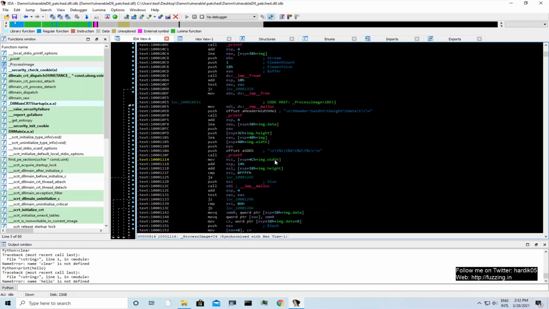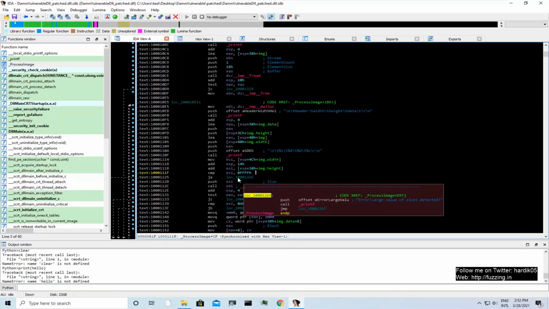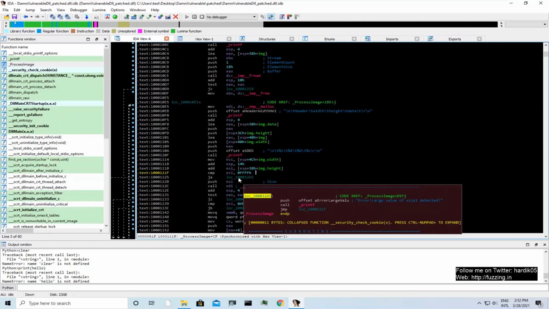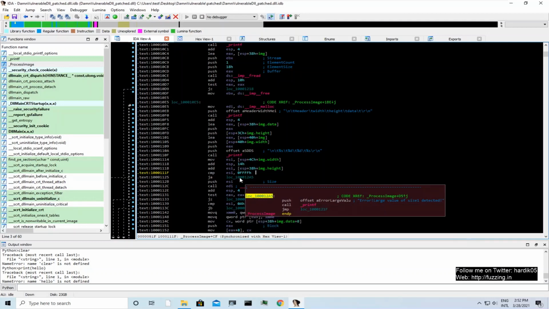Here you can see that image width is being moved to the ESI register, and then image height is being added to that, right? Then there is a compare instruction which compares the resulting value, whatever ESI contains, with 0FFFh. This is the check which we have added, and if it finds that the value is more than that, it simply prints the error message, as you can see here, and it stops execution of the program.